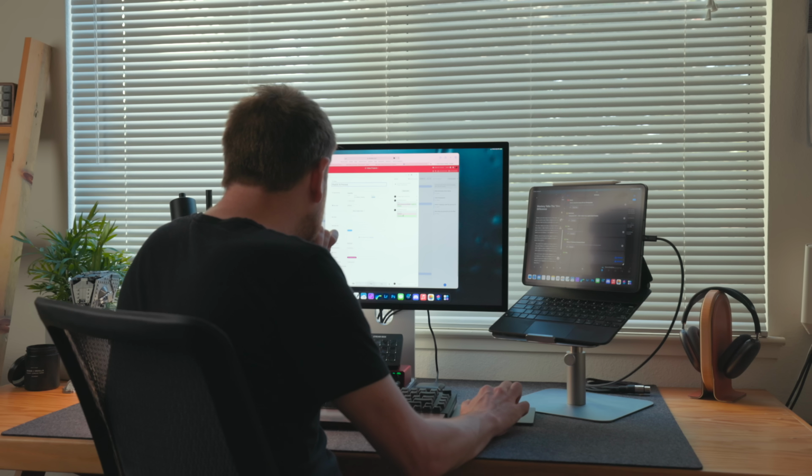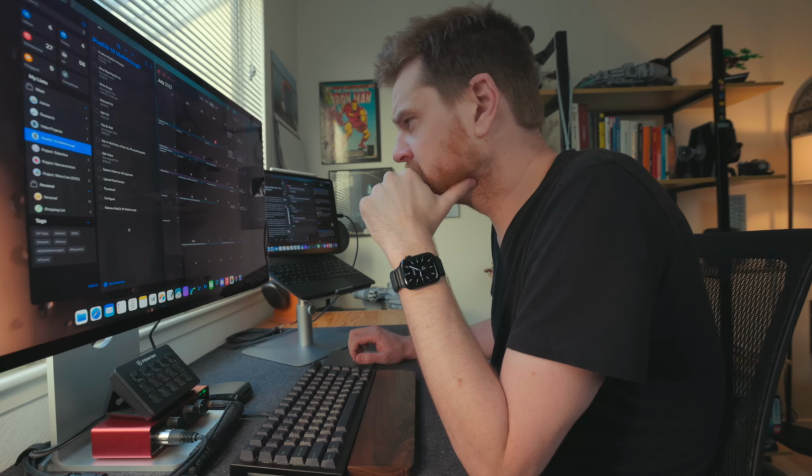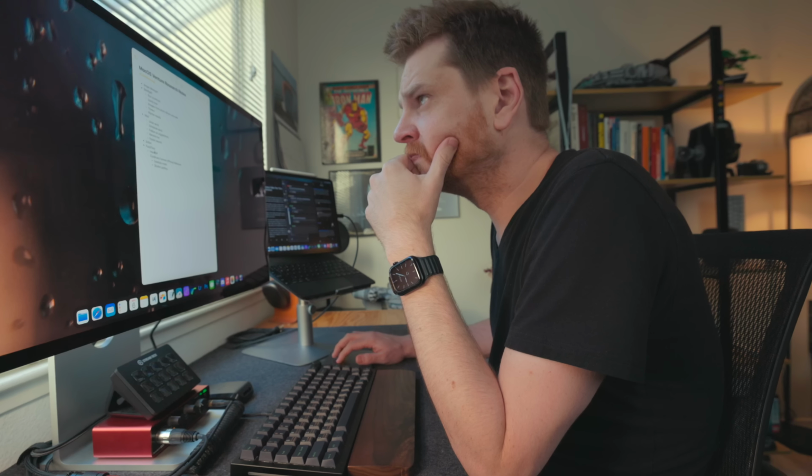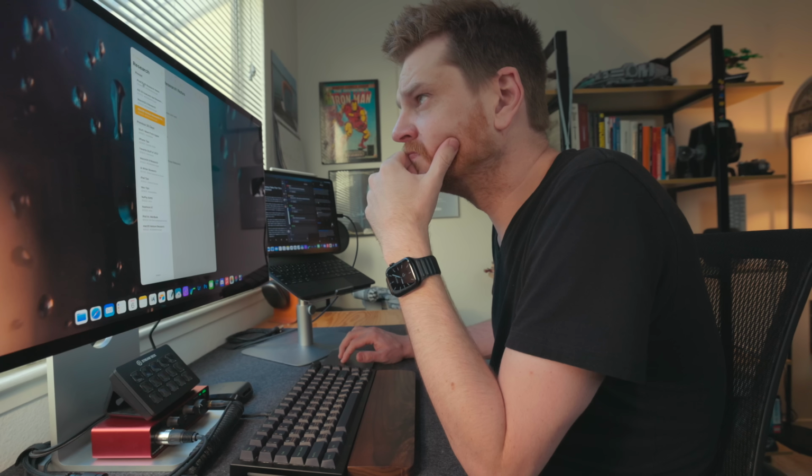I'm somebody that prefers to just have a single monitor because I get distracted easily. I can be like, oh, hey, what's this thing over here? I prefer just having a single monitor, but it's not the end of the world. It's really not. I think this is the flexibility of the iPad that I've been talking about for years, finally,